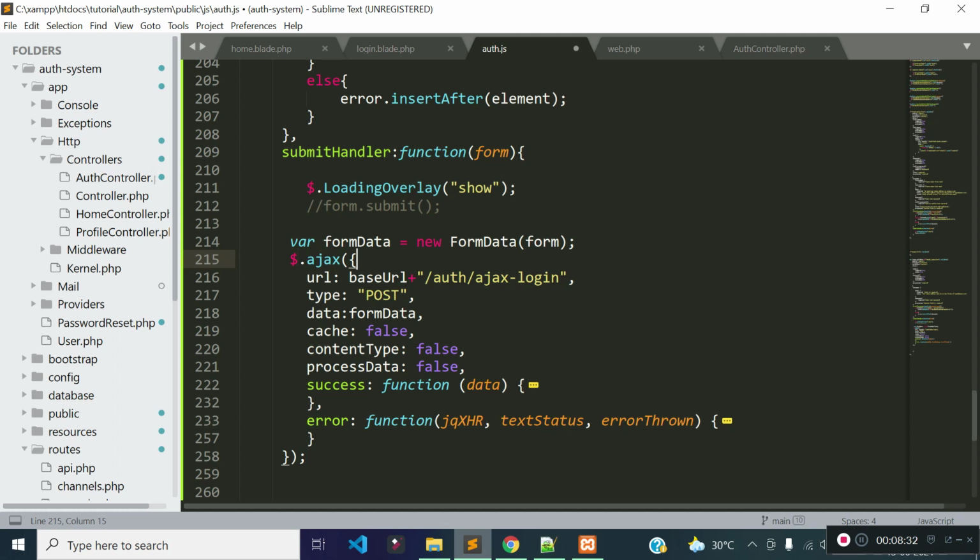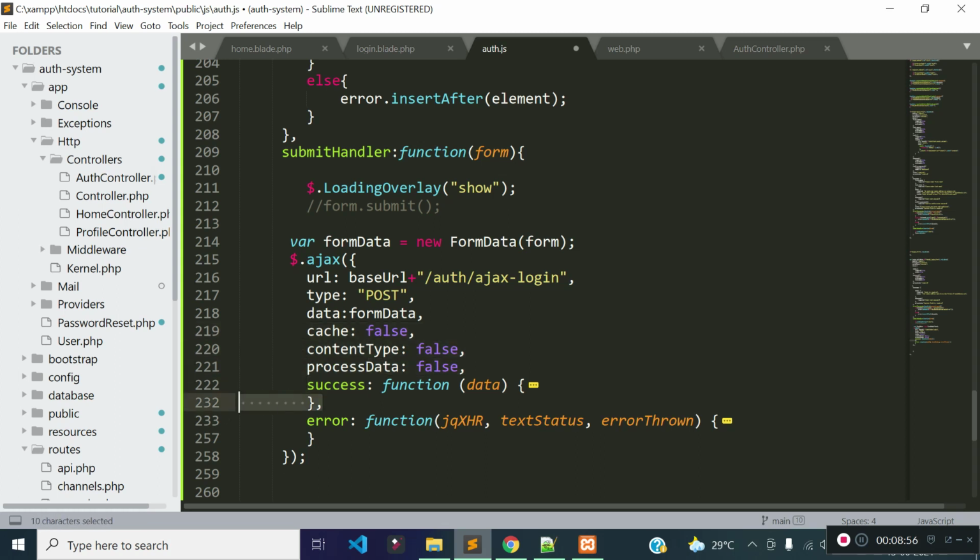How can we call AJAX? With $.ajax, and inside it we need to pass an object with URL, type and data. These three are necessary. I am also passing cache, contentType and processData; if you are uploading files from your form, you have to pass these.